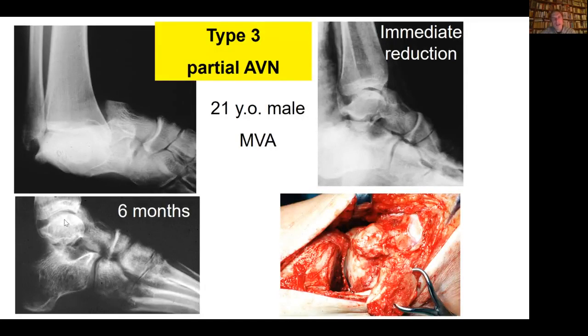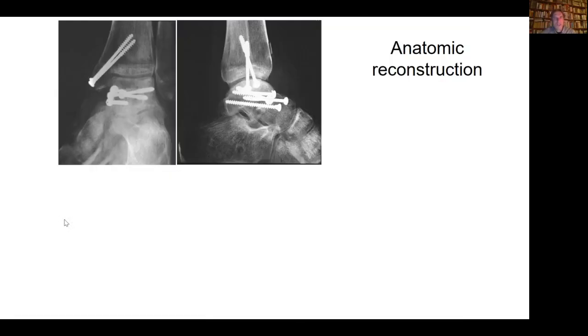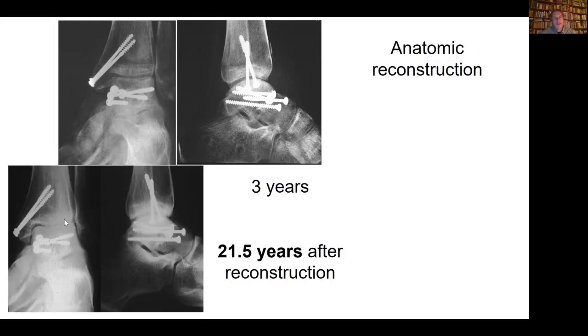Still, after medial malleolar osteotomy, the talar dome looked fine. There was still some cartilage there. The patient hadn't put on too much weight. So he was treated with an osteotomy along the former fracture line and secondary screw fixation. This is 3 years later. You can see the talar body at the top still looks a bit weird. So there might be some necrosis at the top there, but no collapse, so a partial necrosis.